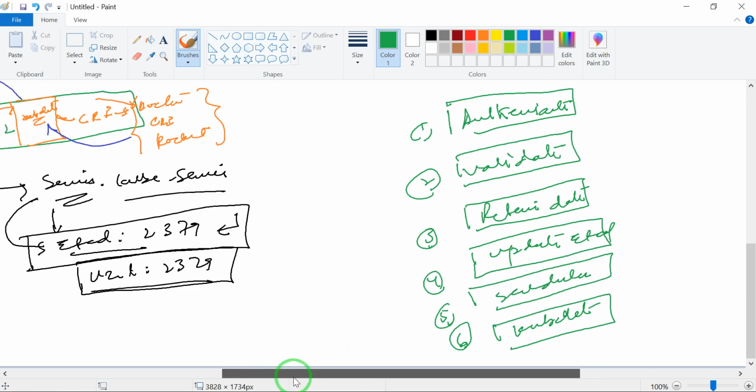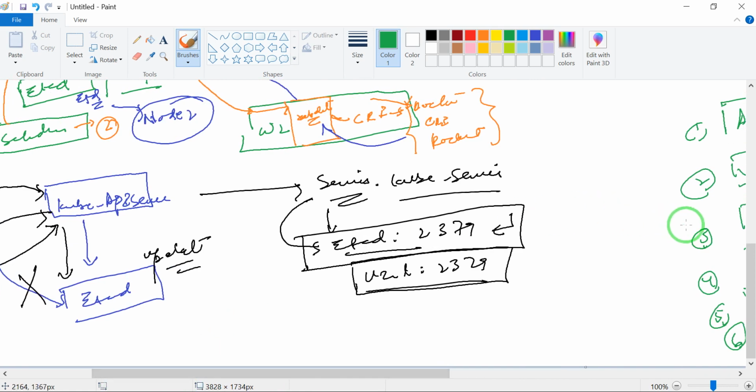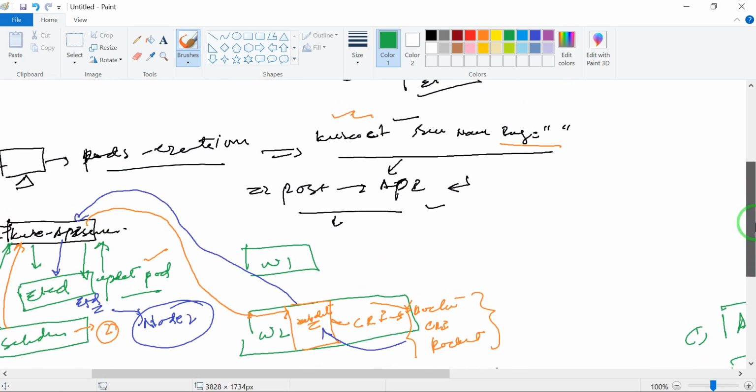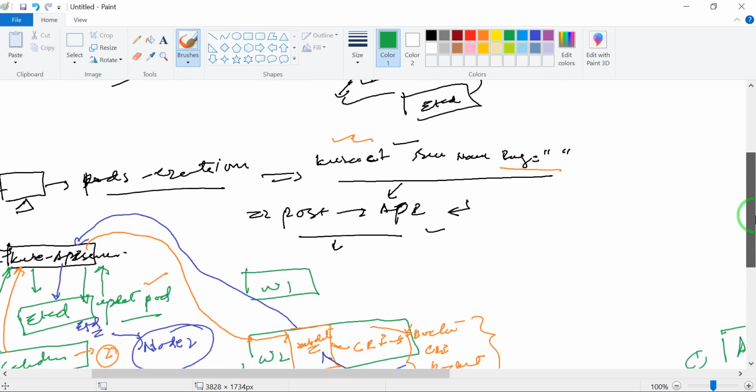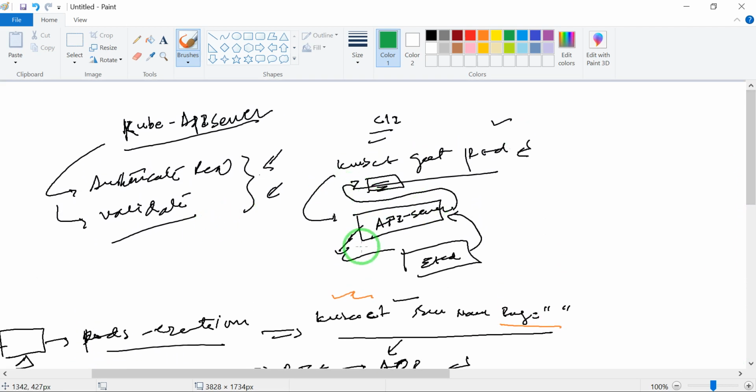One more thing I was talking about is how things are communicated in a secure way. When you are deploying the Kube API in your master node, a certificate file will be generated.